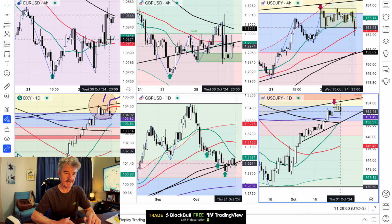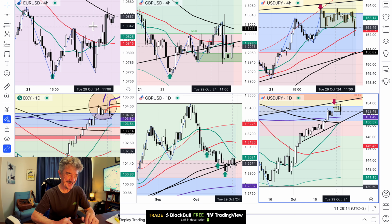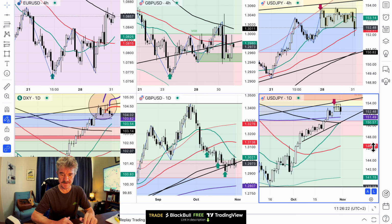Now, quickly looking at currencies, the euro and the pound have rallied and the dollar index has come off as I expected. I'm going to save time today by not zooming into all of these charts, but you can check the last video I did on all of these, or look at your own charts. Just zoom them out and have a look. So we're long on the euro and the pound. Both of those are now in profit, and short on the dollar yen after having formed, I will zoom into this one,